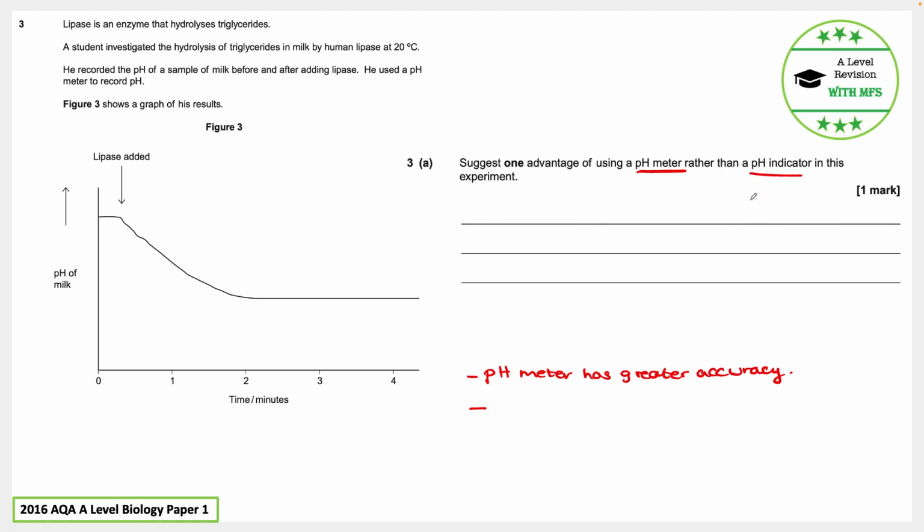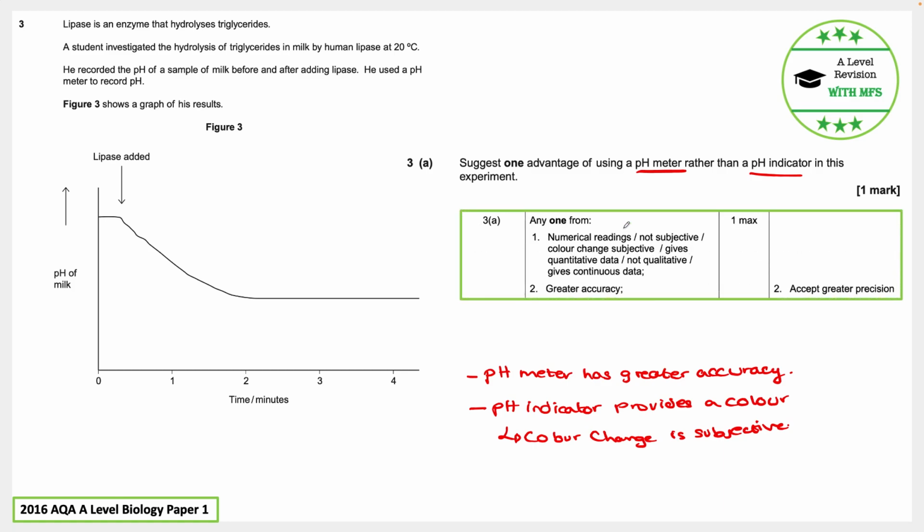Is because the other pH indicator provides you a color, and color change is subjective. Okay, so color change is subjective. Now if I show you the mark scheme for this question, the mark scheme is now on